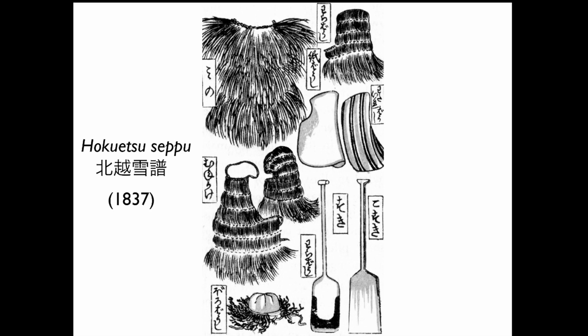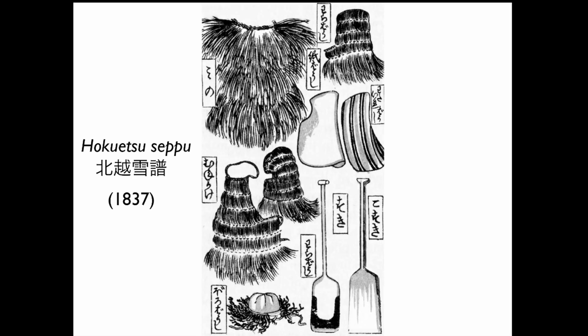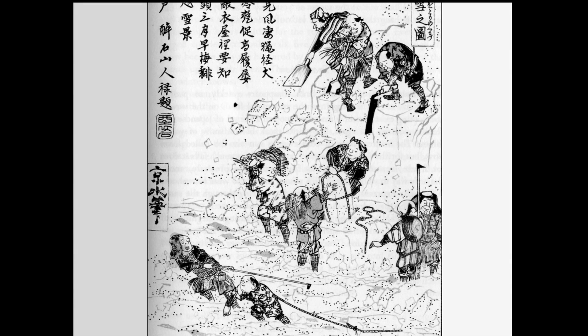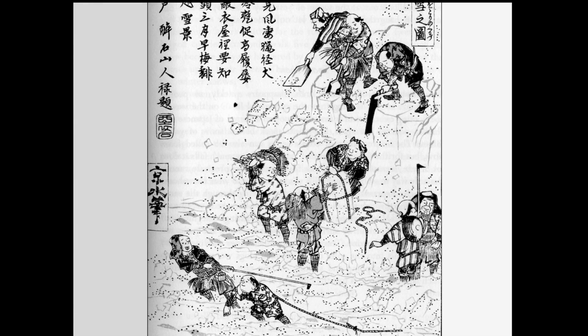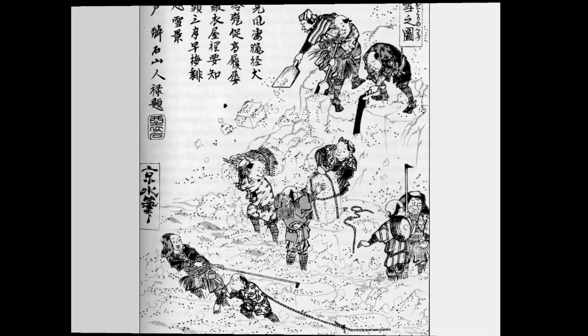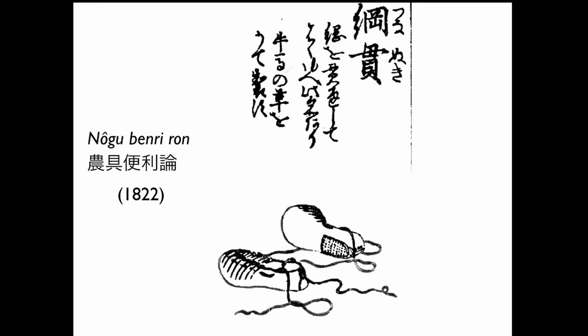So this is another illustration from this work on the northern countries, the snow countries of the north. And again, you just have depictions of some of the snow gear used by the farmers. But then in the next page, you have scenes of these people using these implements. And here, once you start seeing people in them, your attention shifts from the snow gear itself to the expressions of the people, the sense of a lived life.